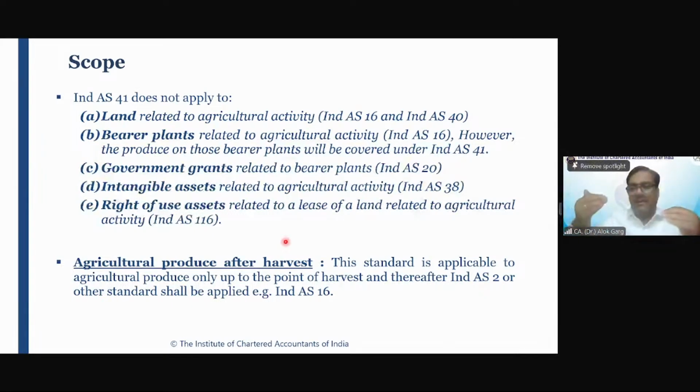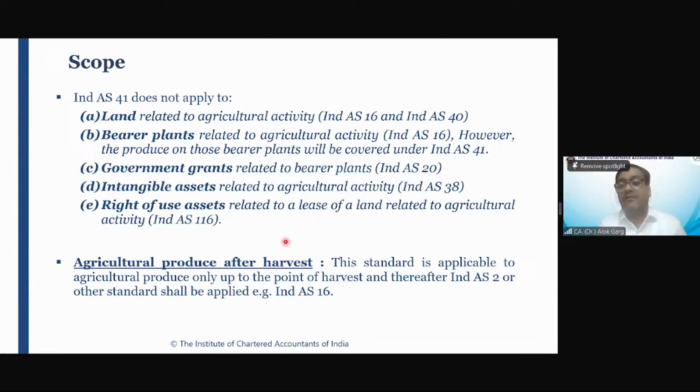When we will enter into the practical aspect, you will be able to understand this standard in more detail. Okay. So far we have covered that this standard is applicable on these only three items. Which are the three items? Biological asset, if it is related to agricultural activity, then agriculture produce and government grant relating to these items. Okay. Then we have covered what is not included in the Ind AS 41.